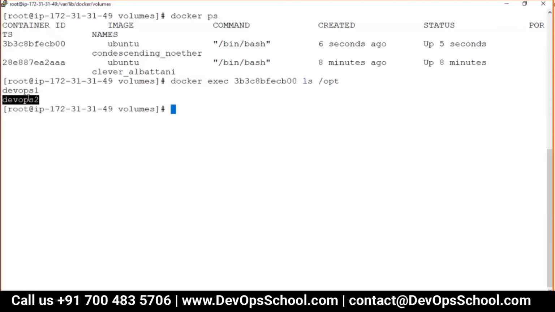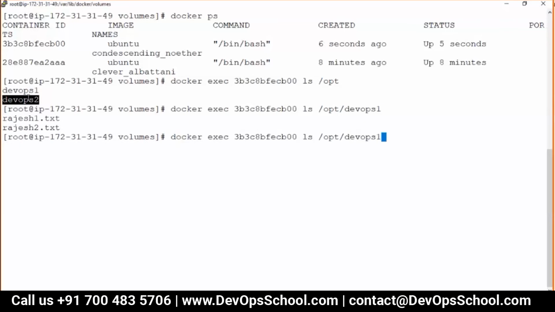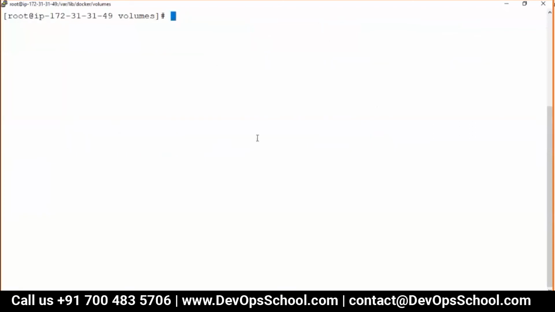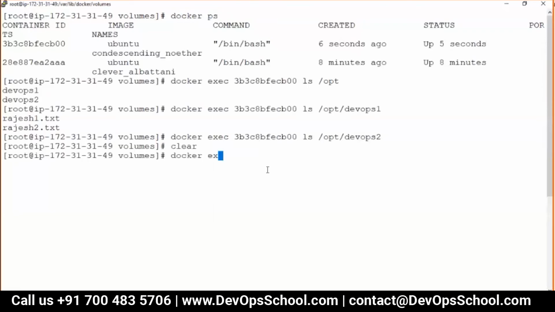But now if I do ls DevOps1, it should be having two files. Remember, same amount I did now. So see, two files are there, and DevOps2 should be empty because there's nothing. So yes, you can mount it the same. Now if you inspect the container, you should do that actually. Many commands I've covered once and am not repeating, but you should have a habit of inspect, logs, and all this thing.